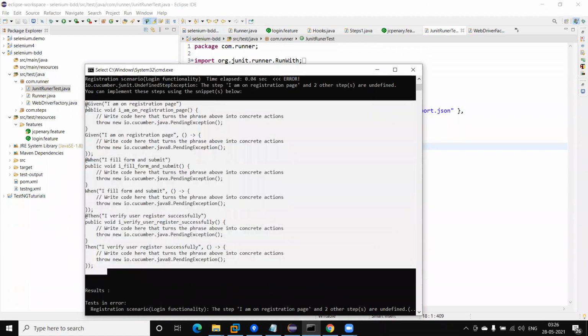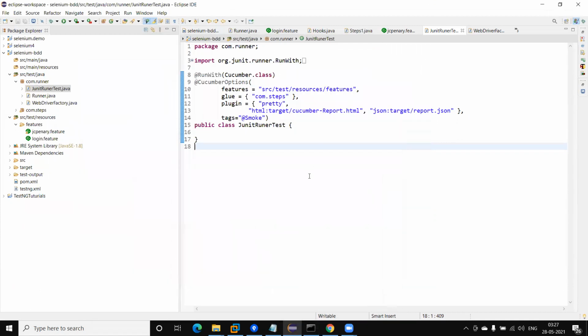Okay, so I hope this helps you understand how we execute the test using the dry run. Sometimes during an interview you will also get this question: what is the dry run, what is the use of dry run? You can tell them, if we use dry run equal to true, then it will only compile the feature file as well as the step definition, and if any step definition is missing, it will throw the error. If no step definition is missing, then it will mark the test pass. And by default the dry run value is false, so when we run the test, it will not only compile the test but also execute it.